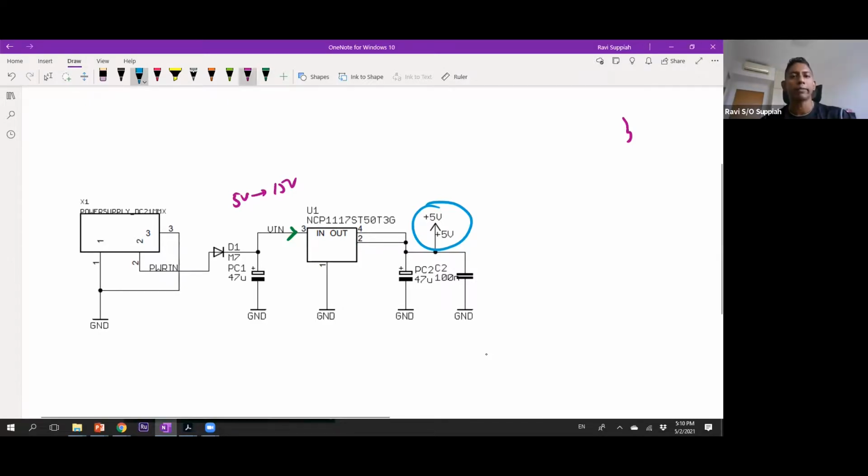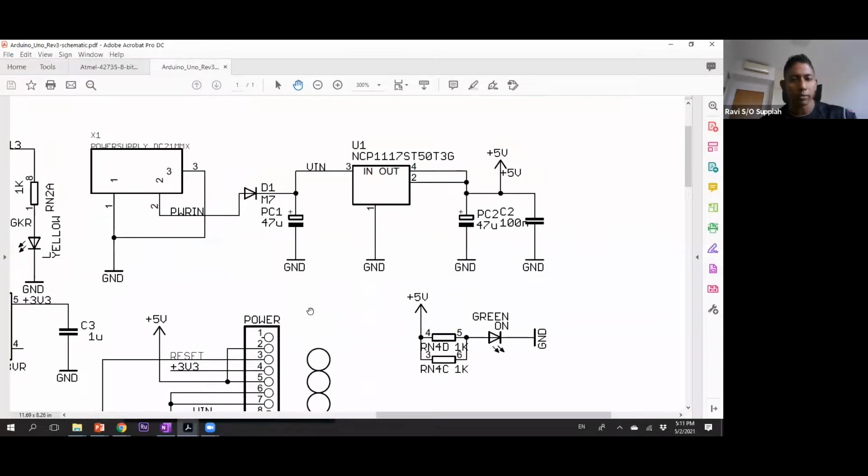Okay, so I can have the same input coming in to another regulator and provide maybe plus 3.3 volt output, and so on. So I can take a single voltage supply coming in and use different regulators to give me a fixed voltage for different parts of my circuit. That is where a voltage regulator comes in handy and useful. That is something that you can learn from this schematic.